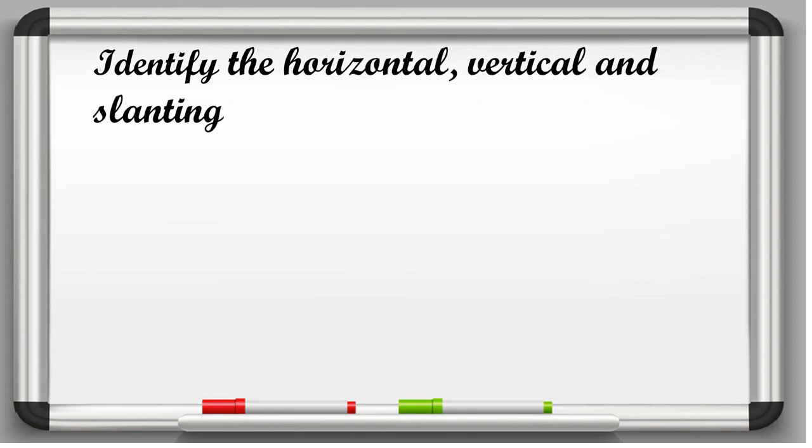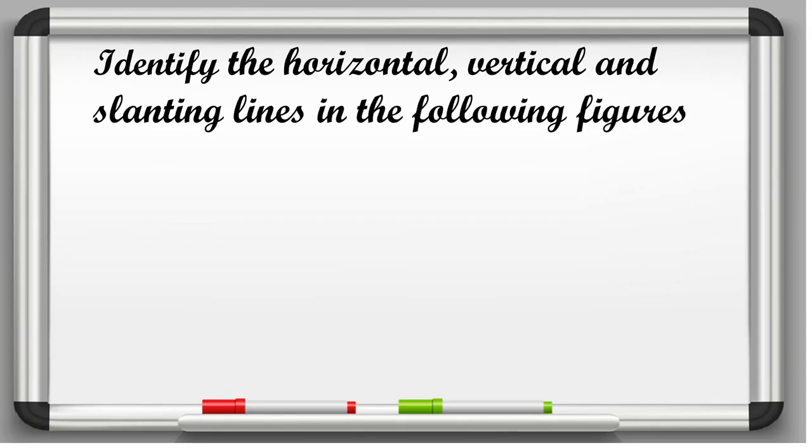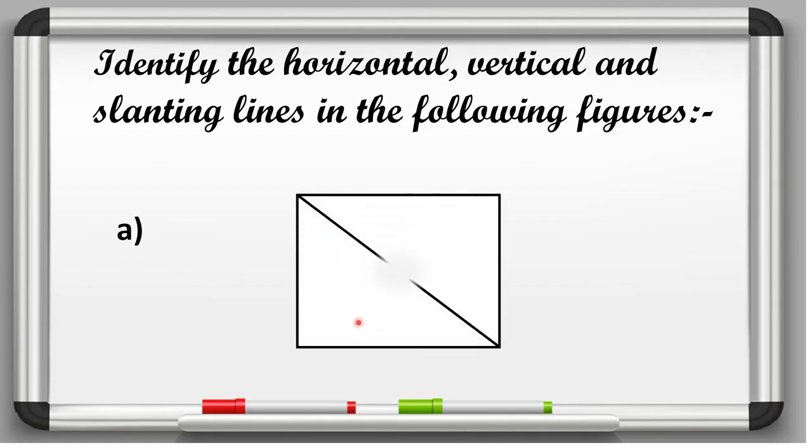Now beta, the question is: identify the horizontal, vertical and slanting lines in the following figures. ठीक है, अब हमें हॉरिजॉन्टल, वर्टिकल और स्लैंटिंग लाइंस आइडेंटिफाई करनी है, मींस पहचाननी है, जो फिगर्स हमें दी हुई हैं. So let's start in part A. This figure is given. Okay, now beta, first of all we will find out the horizontal lines, and horizontal lines